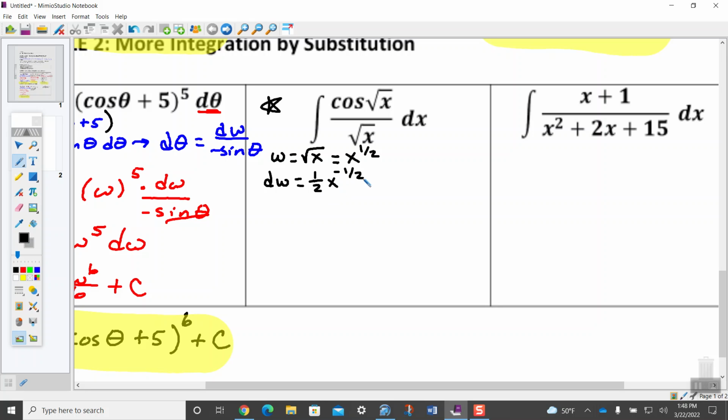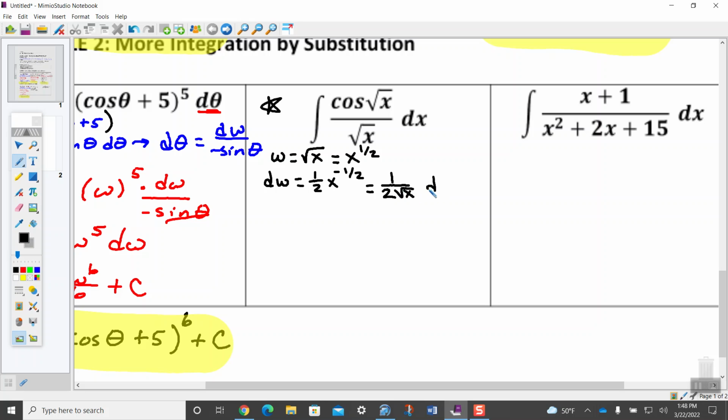I do not like negative exponents. If I wanted that X to have a positive exponent, I'd move it to the bottom. So this is the same as 1 over 2 times X to the 1/2 power on the bottom. X to the 1/2 is the square root of X. So this really is my derivative, 1 over 2 root X